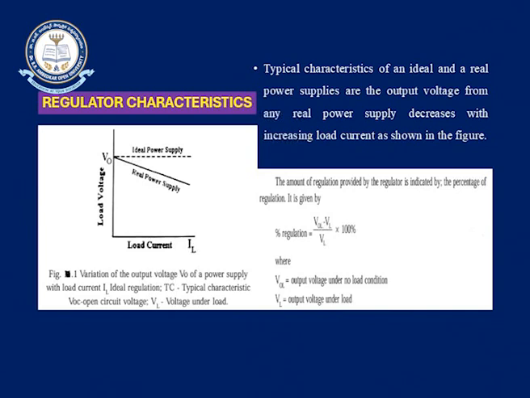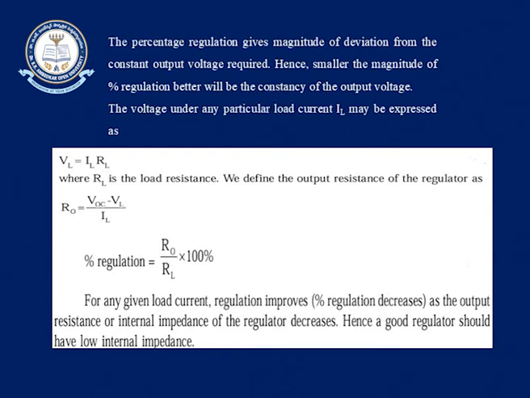Whenever load is concerned, there only we are going to be using this equation into 100%. So, the percentage of regulation gives you the magnitude of deviation from the constant output voltage, and whenever it is going to be required. Here, the smaller magnitude of the percentage of regulation is better, and also a constant output voltage. So, for these conditions, the voltage under any particular load current, according to Ohm's law, you know